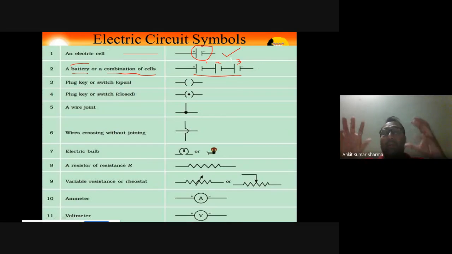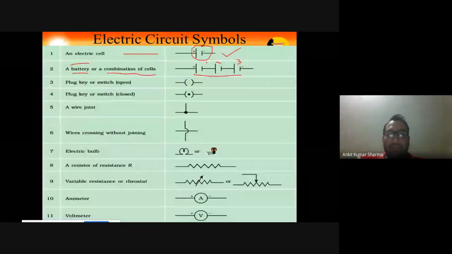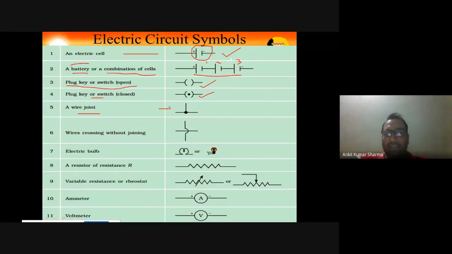ये सेल को कंबाइंड, बहुत सारे सेल्स को कंबाइंड करके बनाई जाती है, इसको बोलते हैं बैटरी। If we talk about the plug key and the switch, open switch, then its symbolic representation is given by this symbol. This indicates the open switch and this indicates the closed switch, and the wire joint is indicated by this symbol,